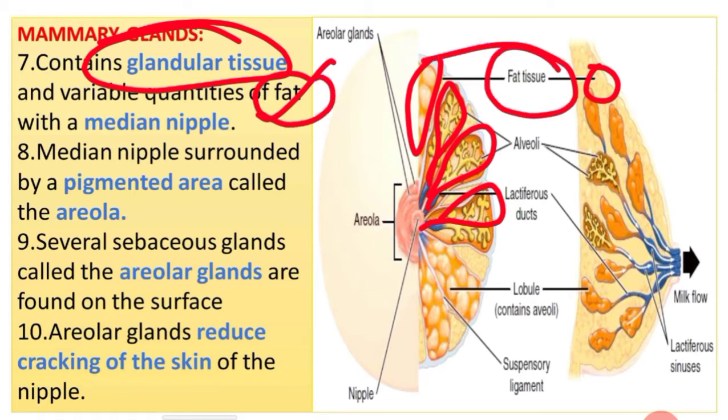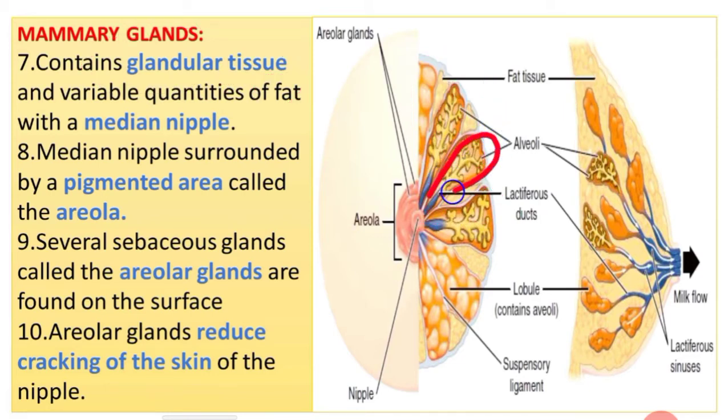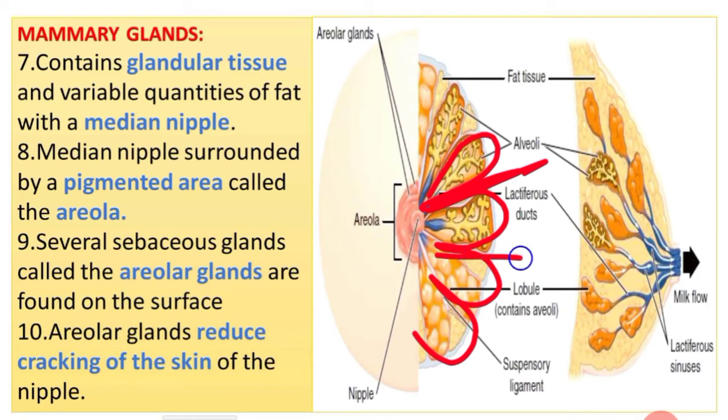As I told you, it contains 15 to 20 lobes internally, right? How many lobes? 15 to 20 lobes. These lobes are interconnected with the help of fibrous connective tissue. So internally the breast contains glandular tissue forming mammary glands, fibrous connective tissue, and fatty adipose tissue. Okay, what does it contain? Internally the breast consists of